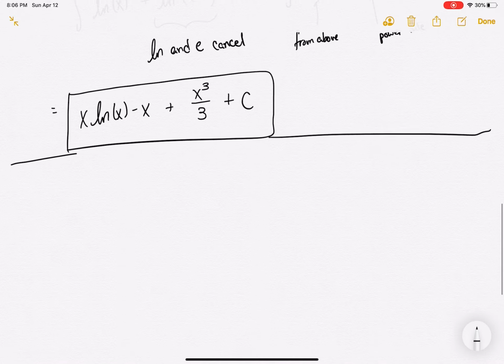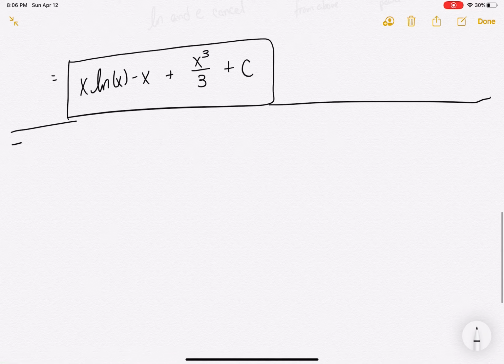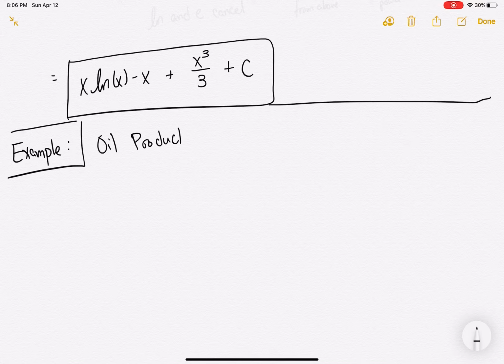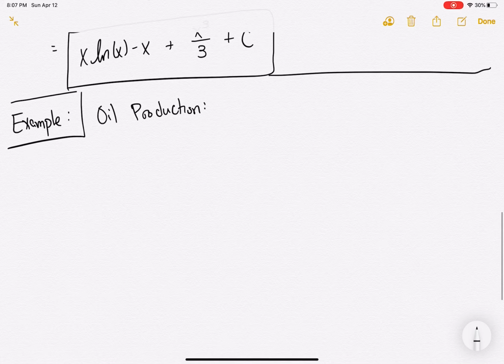So that's a good example. Another good example. This is an applied example. Oil production. So oil production example. It says the estimated rate at which oil will be produced from a certain oil well T years after production has begun is given by